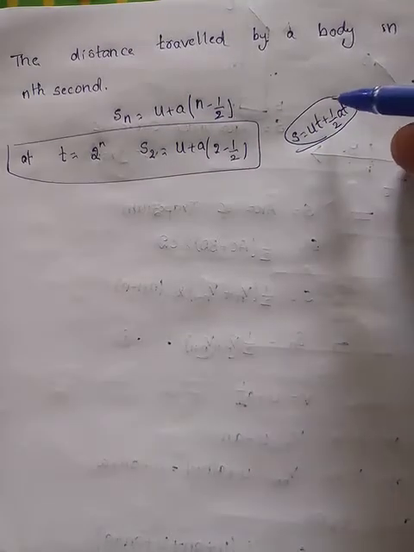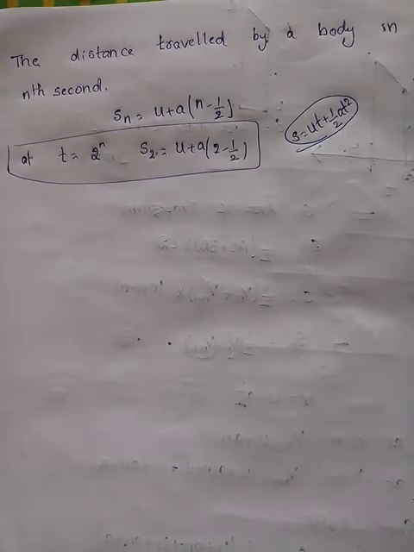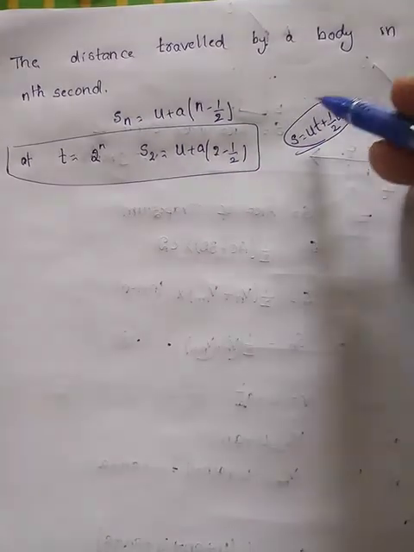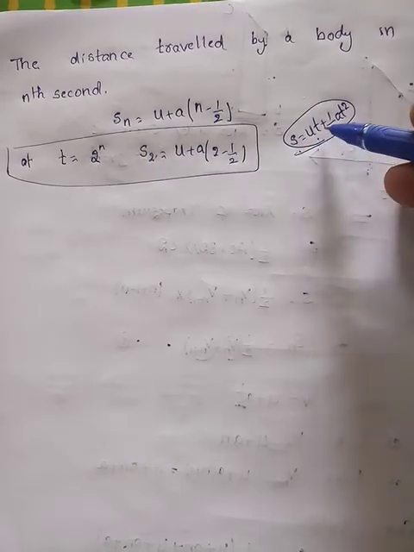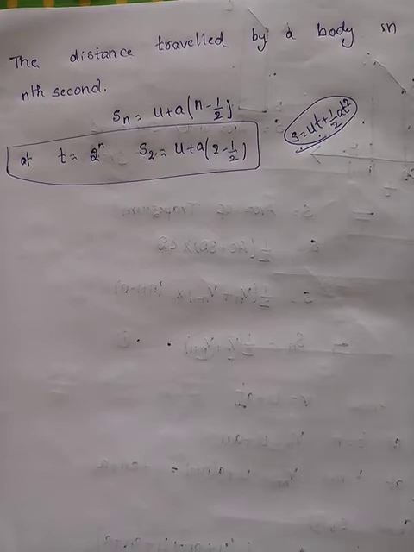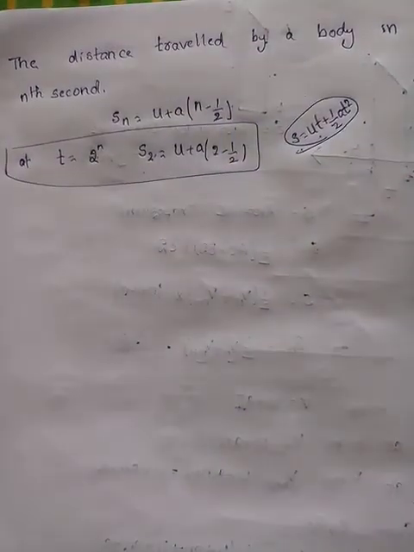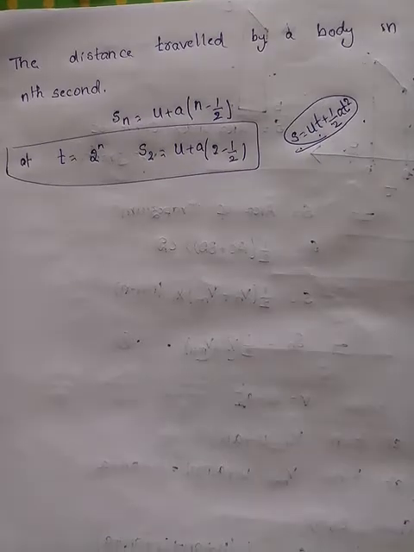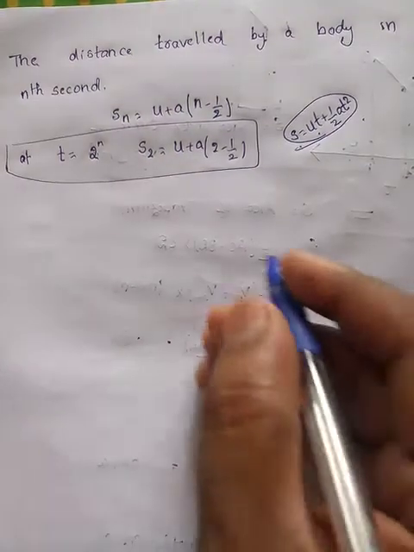So, the distance travelled by a body in 10 seconds. For example, if we drop a body from a height, it reaches the ground in 4 seconds. The distance travelled in 4 seconds can be calculated by using s = ut + ½at². The same question, what is the distance travelled by the same body in the 4th second? That can be calculated by using this equation. That is the difference between the distance travelled by a body in t seconds and in the tth second. Clear? Okay.